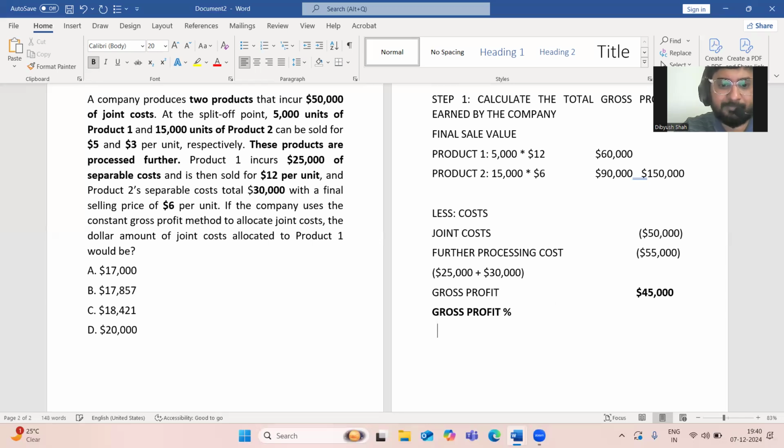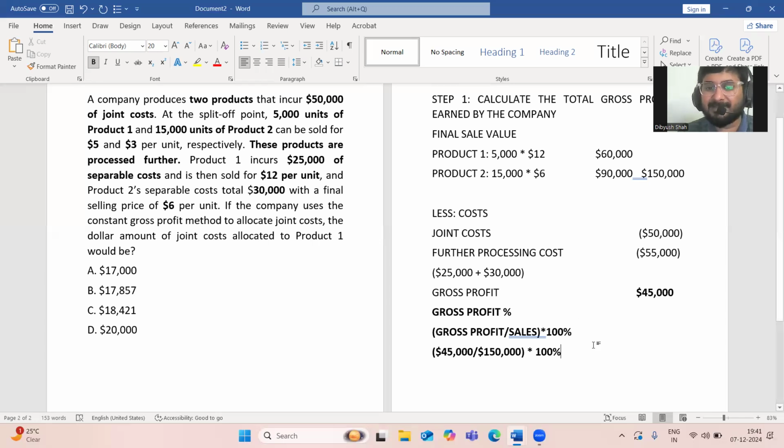That is gross profit divided by sales, the whole thing into 100%. So you have $45,000 divided by total sales. Company is making total sales of 150 into 100%. So company is earning 30%